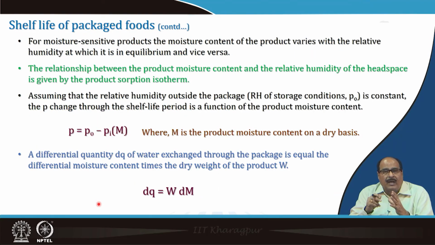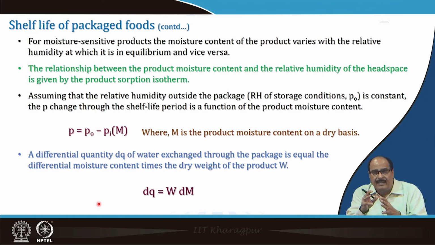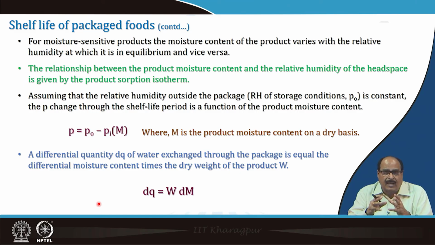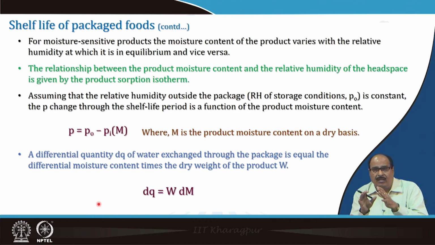For moisture sensitive products, the moisture content of the product varies with the relative humidity at which it is in equilibrium, and vice versa. The relationship between the product moisture content and the relative humidity of the head space is given by the product isotherms. Assuming that the relative humidity outside the package,